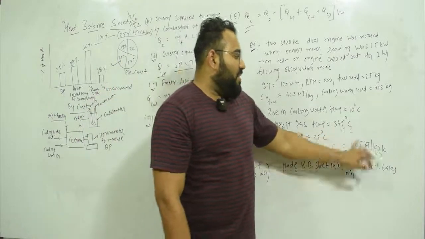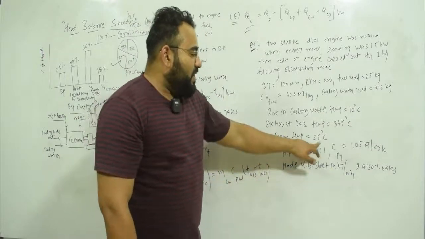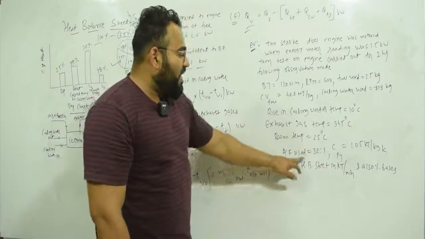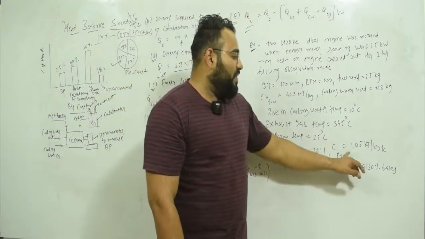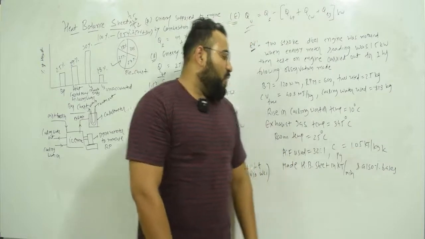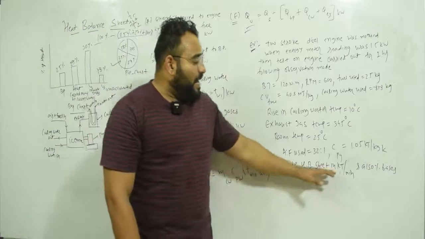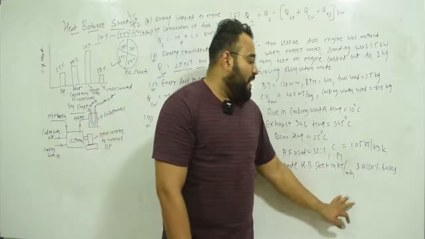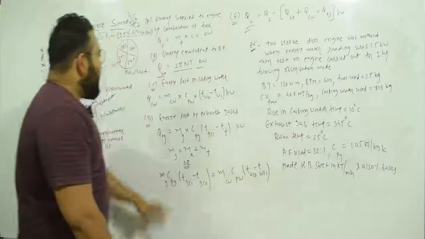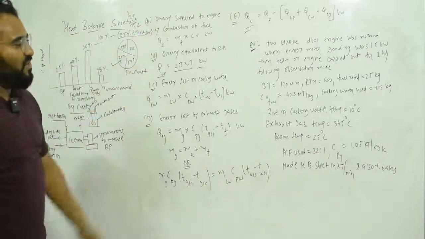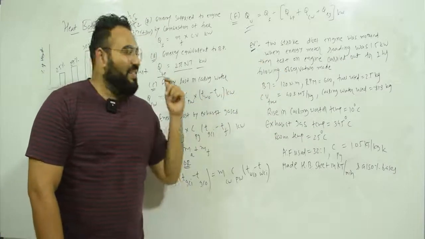Exhaust gas temperature is 345 degrees Celsius. This is room temperature, which is 25 degrees Celsius. Air fuel ratio used is 32:1. Specific heat of gas is 1.05 kilojoule per kg Kelvin. Now using this data, make a heat balance sheet in kilojoule per minute and also make the heat balance sheet on a percentage basis. Okay, so now we are going to apply all the formulas I mentioned to this data and solve it. So let's solve this example.